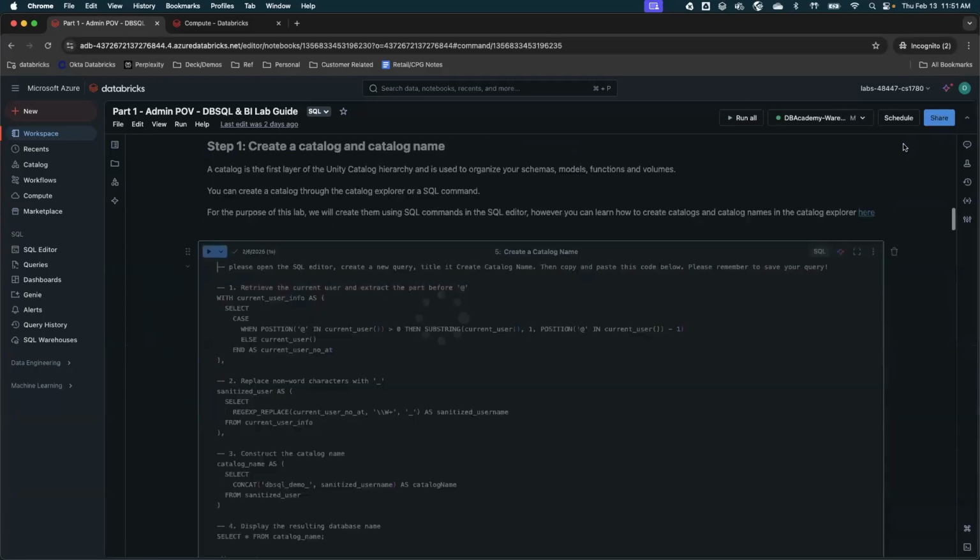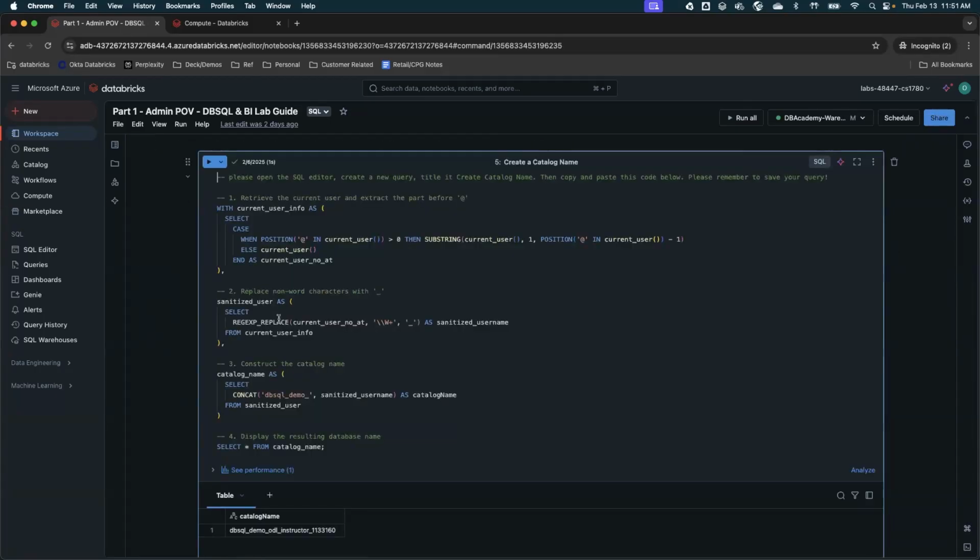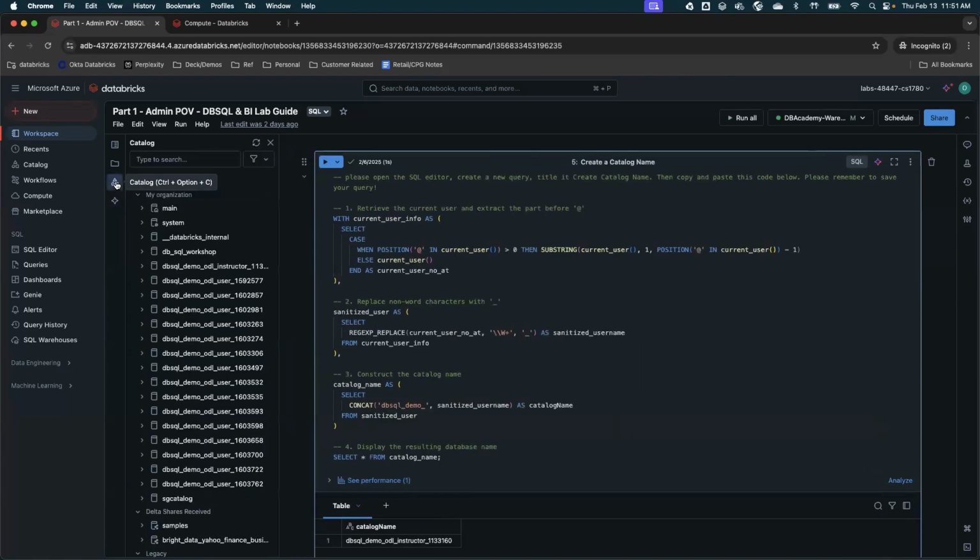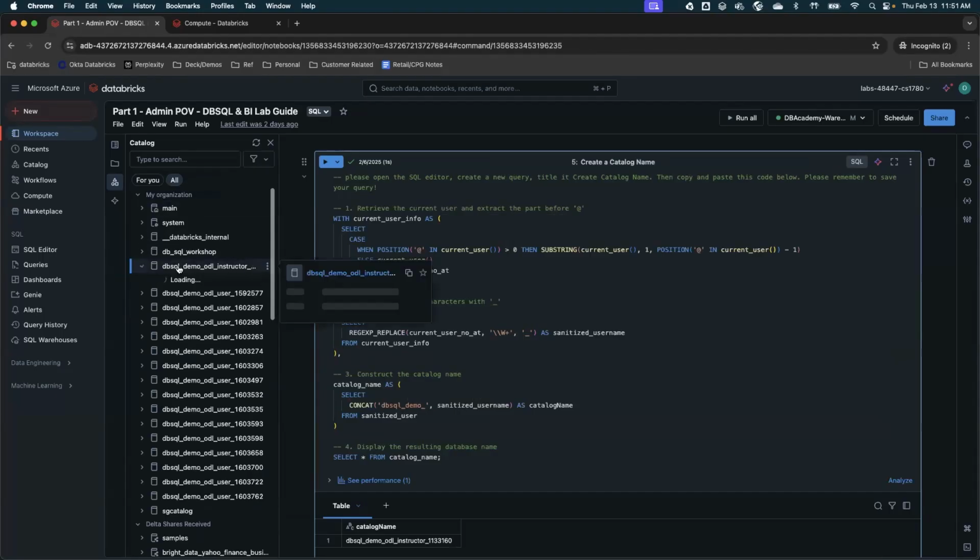Now, when you talk about Unity Catalog, before I jump into much more detail of SQL warehouse, let me quickly talk for 1 minute about what the different catalogs are. Pre-Unity Catalog, if you haven't used it, there was no concept of catalog. Right now, we are enabling people to build catalogs. If I go to the catalog section, I can see there are different catalogs. People have already started building catalogs, and I can see this is probably my one catalog.